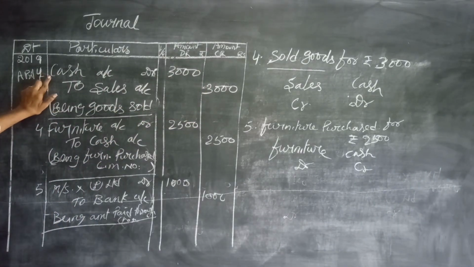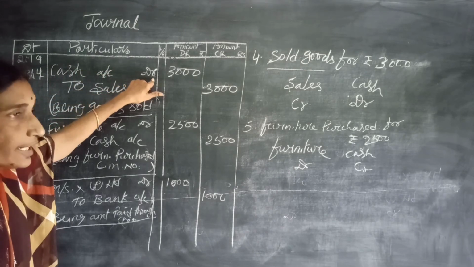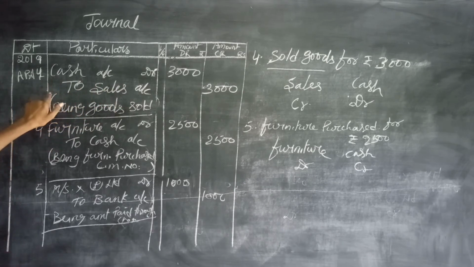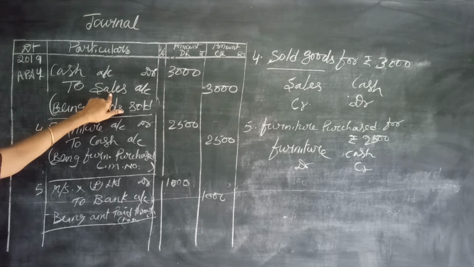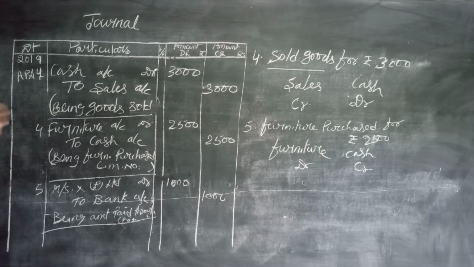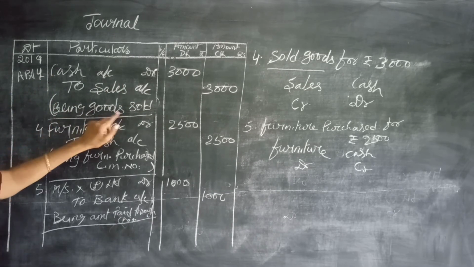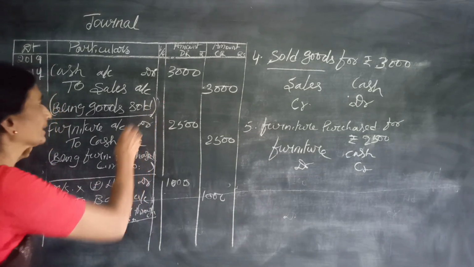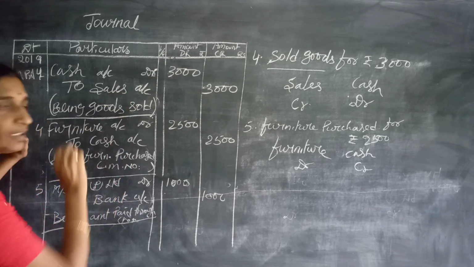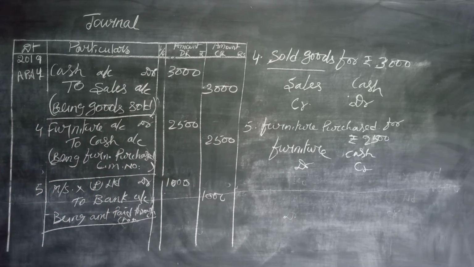See, after it is to be written from the extreme left, and at the extreme right it is to be written as debit. Don't write credit with this. So only after leaving a centimeter's gap, start with To, and which account is to be credited is to be written. If it is the personal account, don't write account, okay? And the transaction is to be narrated within the parentheses or within small brackets. Then after, draw a line separating this transaction from the others. So this is the procedure of writing.